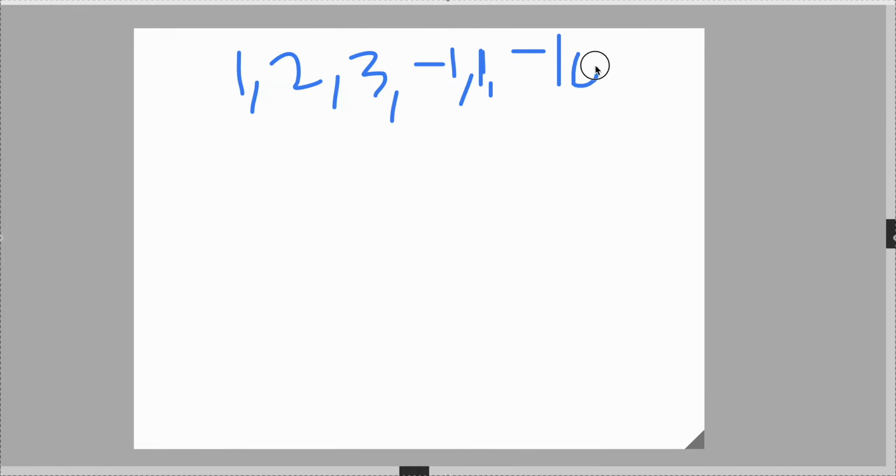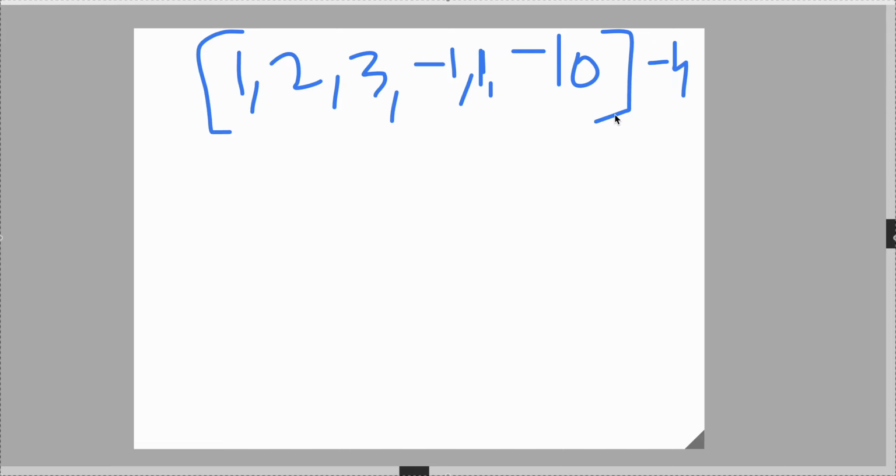And the issue arises when we have mixed positive and negative numbers. Suppose say we have one example, 1, 2, 3, say minus 1, 1, and a minus 10. So if we have this example, the total sum will be 1 plus 2, 3, 3 plus 3, 6. 6 minus 1, 5 plus 1, 6, minus 10 is minus 4. And we have numbers which are already greater than minus 4. So